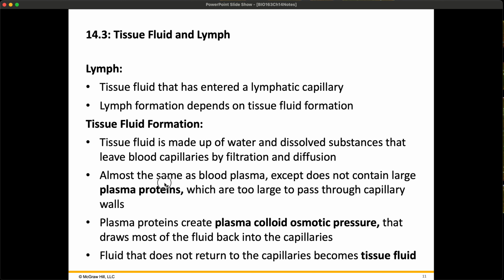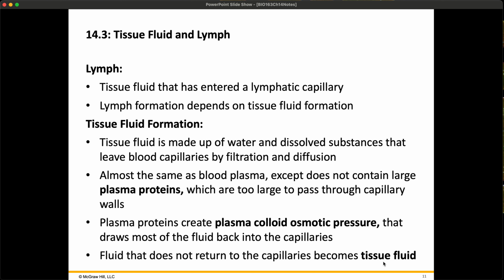This interstitial fluid is almost the same as blood plasma. The only difference is it doesn't really have plasma proteins. Plasma proteins, your albumins and globulins, tend to be too big to pass through the capillary walls. So it does not reside in there. Those proteins create that plasma colloid osmotic pressure, that COP, and that's what's drawing fluid back into the capillary, so reducing your tissue fluid formation. As tissue fluid formation is reduced, lymph is reduced as well. Anything that isn't pulled back in by that plasma COP then becomes